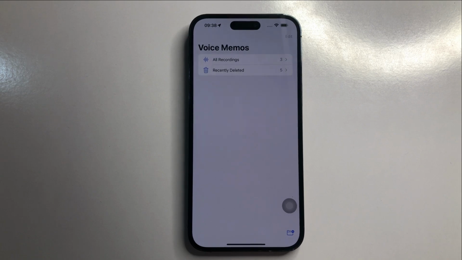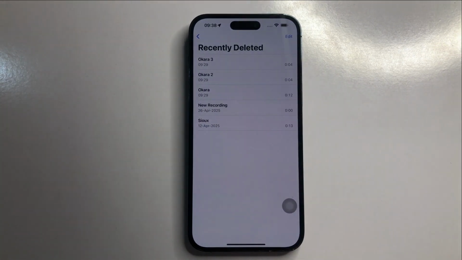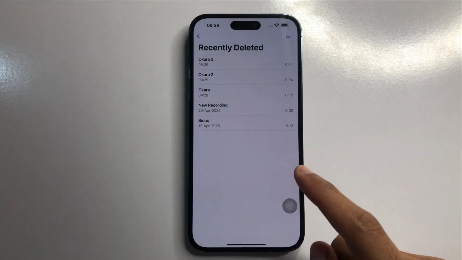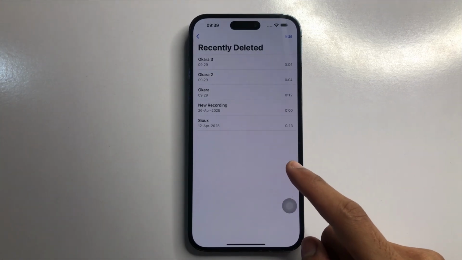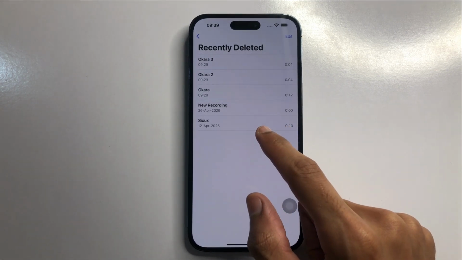Now here, if you want to restore deleted voice memos, so click on recently deleted. Now here you will choose the recording you will restore, so click on recording,